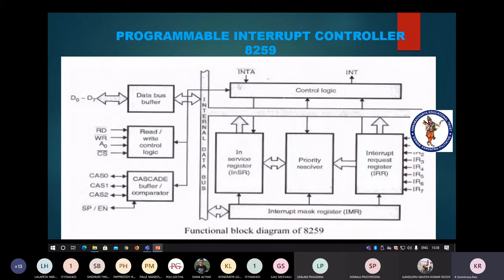If you want to communicate with more than two devices, how is it possible? I have 7 devices. I want to connect 7 devices with the 8086 processor. How to connect them? If it is 2 devices, it's okay. One is connected to NMI, another one is connected to INTR. It's excellent up to that point. If I need to communicate with more than 2 devices with the 8086 processor, is it possible or not?